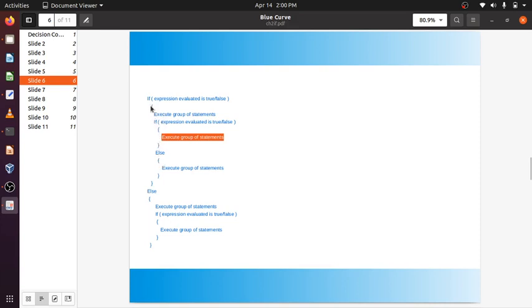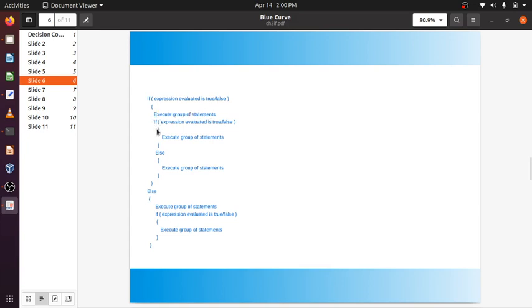Now how does the control decide which else is related to which if? After the if I have a bracket here, see, the bracket ends here, so this part is taken as the if block of the first if. After that the else, again I give a bracket, and it will be taken as the else block of the first if. Inside that, the group of statements will always be executed.